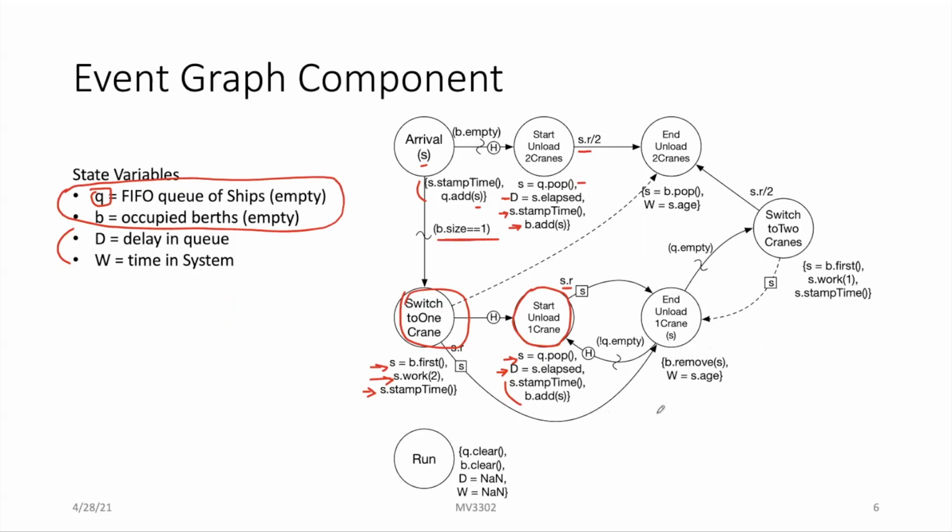Okay, and the reason I have to keep doing it is because when I stamp the time on a ship, I'm saying, okay, now I'm beginning work at a particular rate. I'll have to come back to that. But okay, I've done arrival, start. Let's just look at if a ship comes in and is the only ship, and then it leaves before anything else comes in. Then I finish unloading with 2 cranes. And what do I do then? I pop